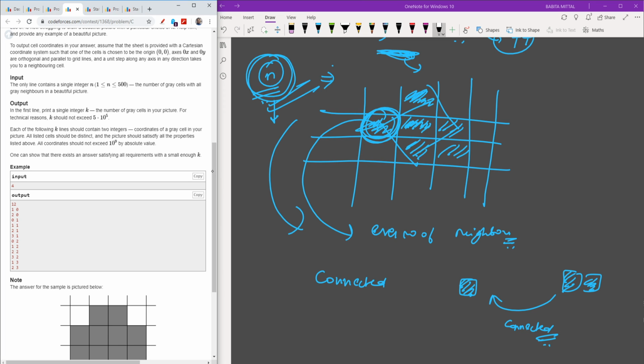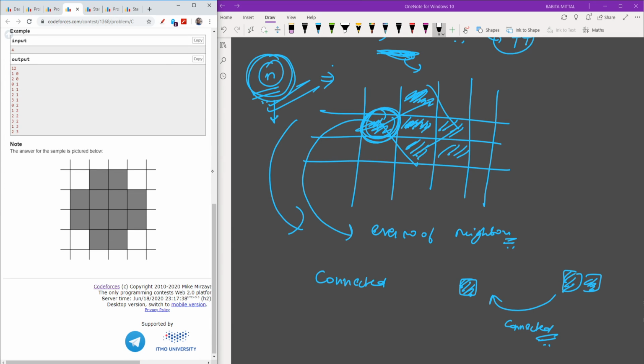Suppose I made a matrix like this, as shown here, let me show you here only. So it is 0 comma 0, 0 comma 1, 0 comma 2, 0 comma 3, 1 comma 0, 1 comma 1, 1 comma 2, 1 comma 3, okay, and so on and so forth. So I will print these values.